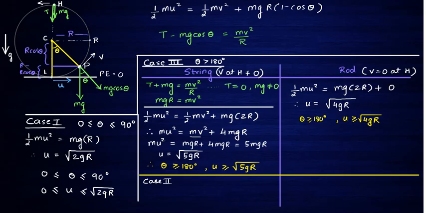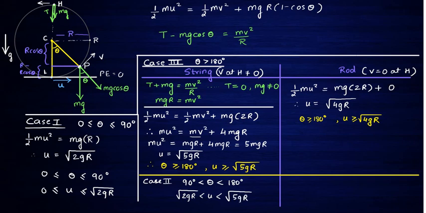Case 2 essentially is the fact that theta should be between the values of 90 degree and 180 degree. Theta should be in between these two values. Therefore, clearly from case 1 and case 3 we can understand that u should be between under root 2gr and under root 5gr,